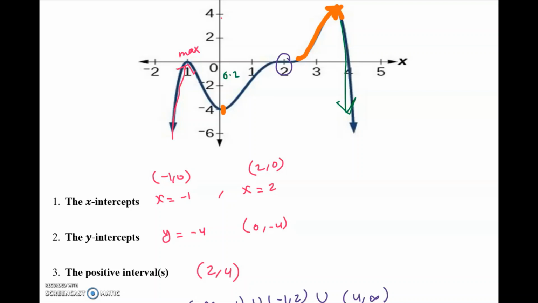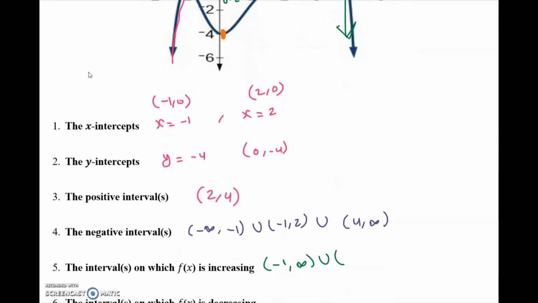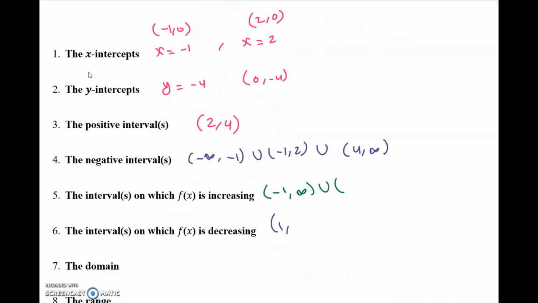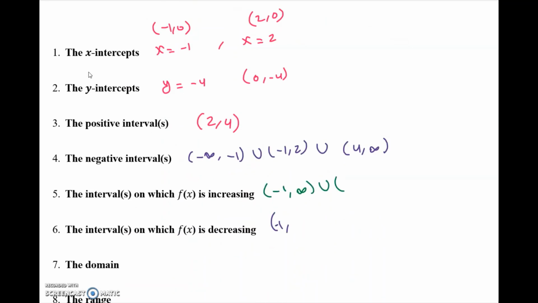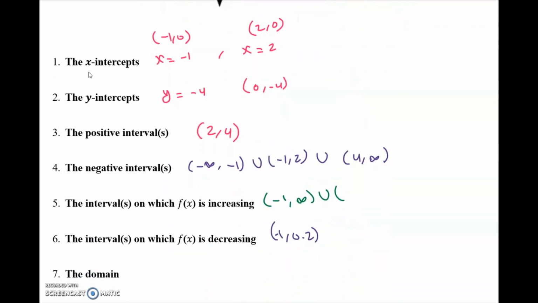Okay, so I'm gonna call it 0.2. So decreasing from negative 1 to 0.2, and then from 0.2 increases all the way to 2,